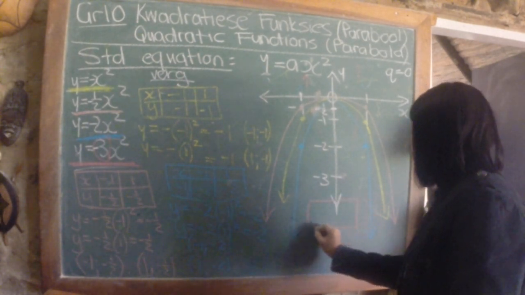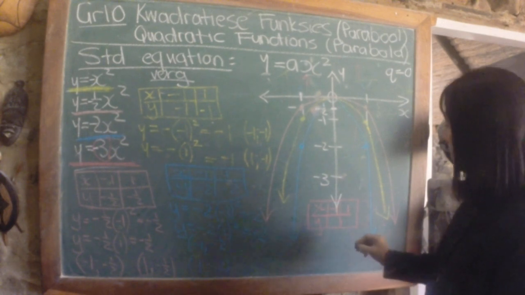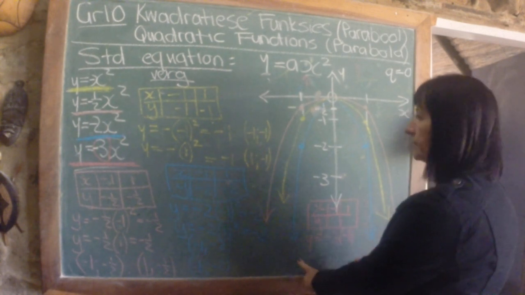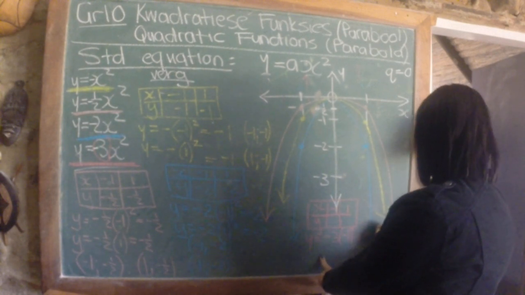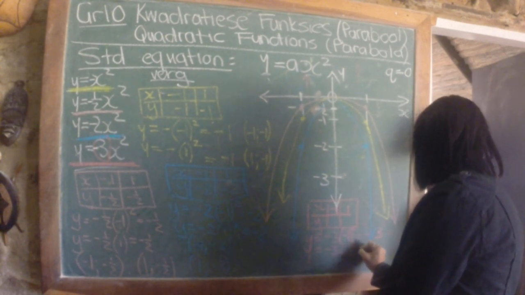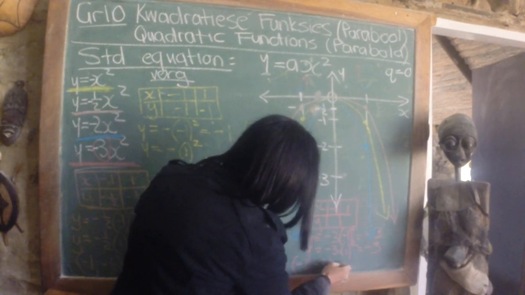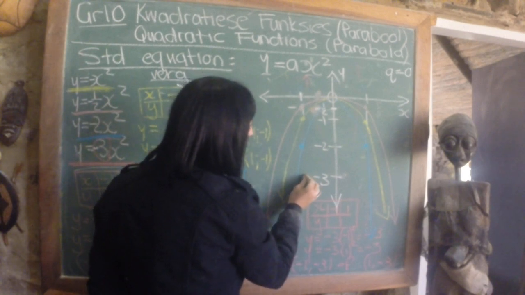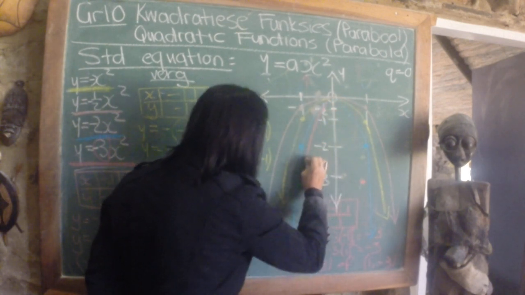So kom ons teken sommer ons tabelletjie hier. Ek het vir x en vir y en ek het 'n minus 1 en 'n plus 1. So kom ons gaan en ons doen substitusie. y equals minus 3, substitute minus 1. Minus 3 maal met minus 1 kwadraat. Minus 1 times minus 1 gives you 1 times minus 3 gives you minus 3. As ek vir plus 1 substitusie in doen, 1 maal 1 gee vir my 1, so dis weer minus 3. Two coordinates: ek het 'n minus 1, minus 3 of 'n 1, minus 3. So if I draw the parabola, it's